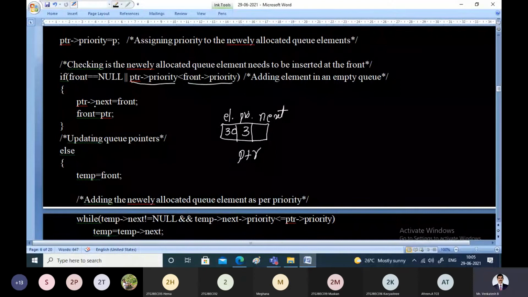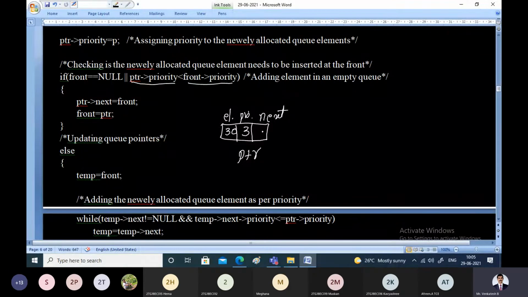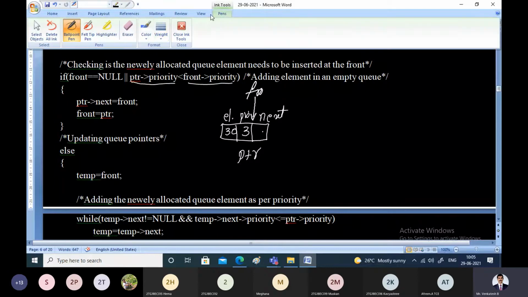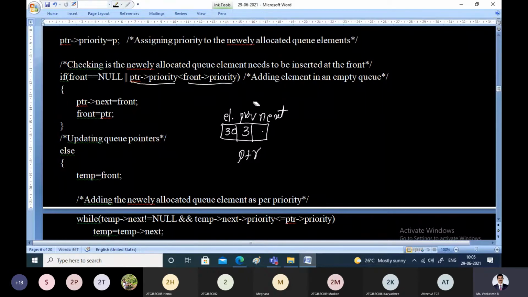That means where PTR pointer next is pointing now, PTR pointer next is pointing to null. It is being assumed that PTR pointer next is nothing but the front node. So I'll use the short form F for front.